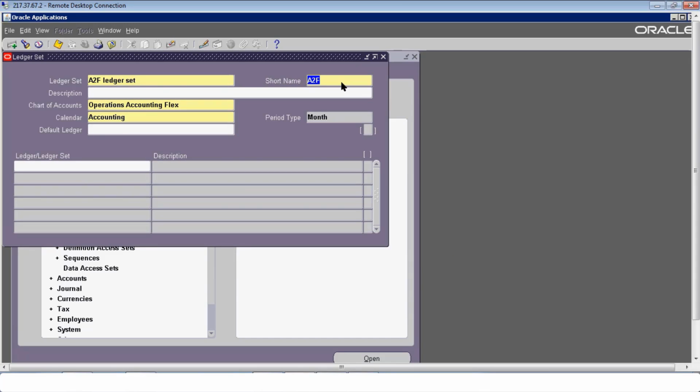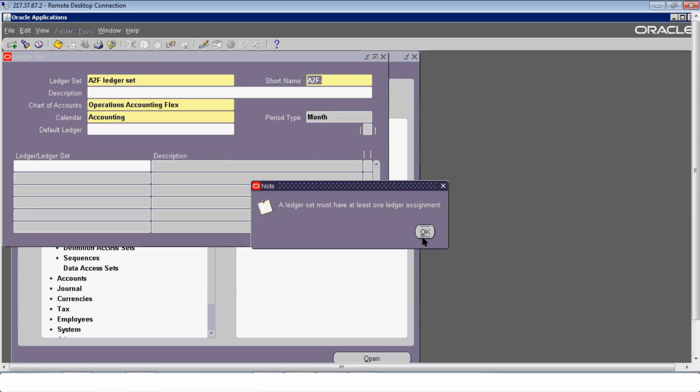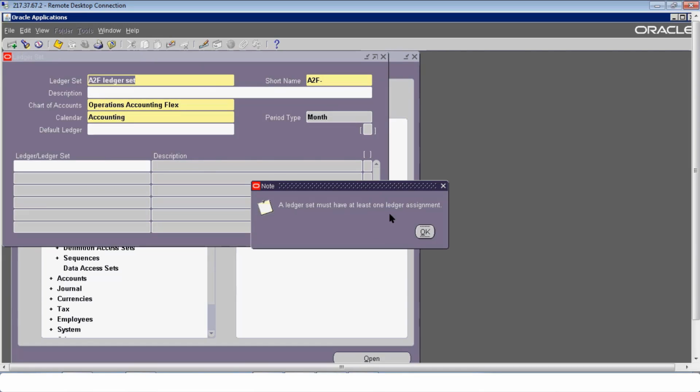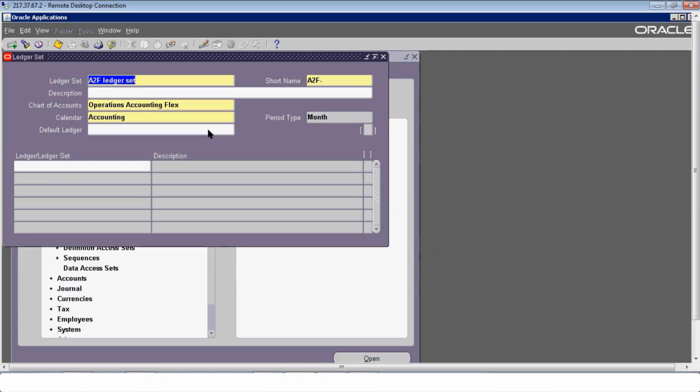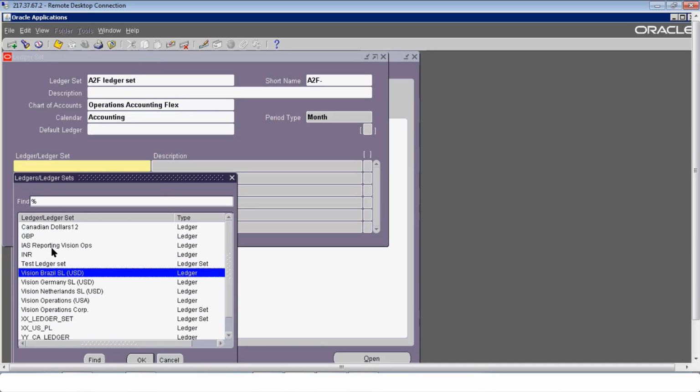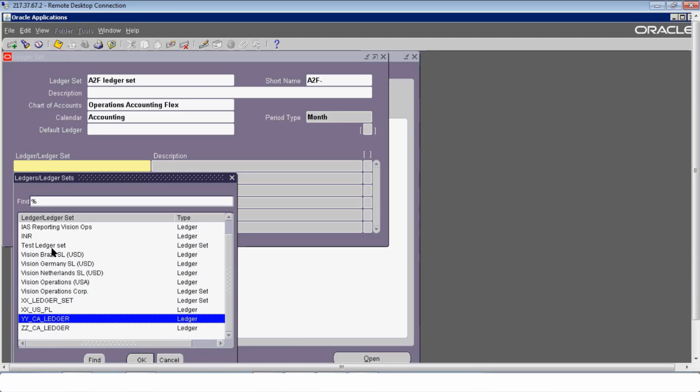It is saying a ledger set already exists with this particular name. So over here you have to assign your ledger, what ledger you want to assign it. So all those ledgers and ledger sets that are appearing in the system, you can use and assign it over